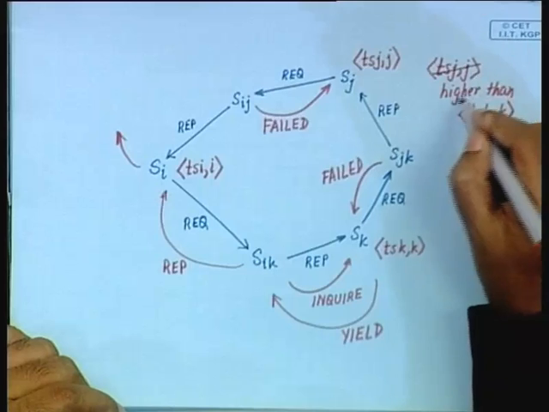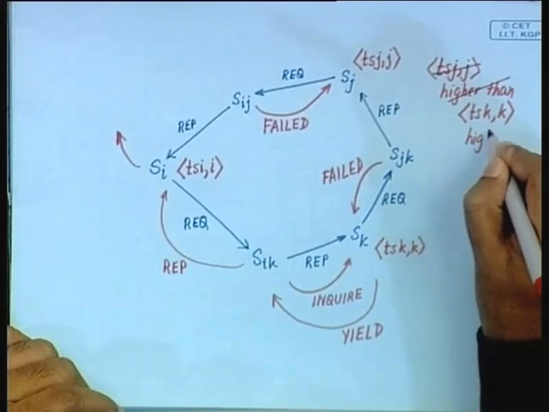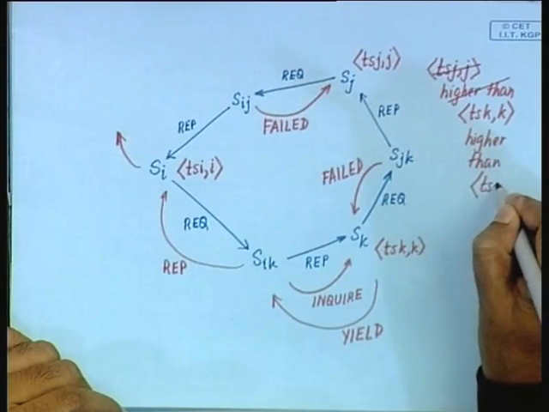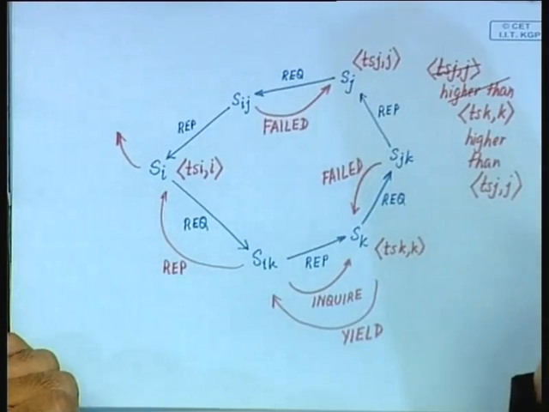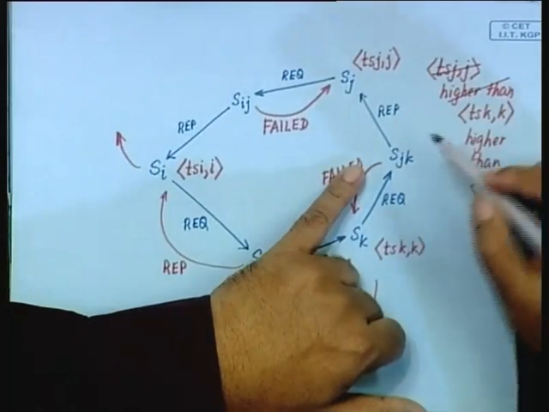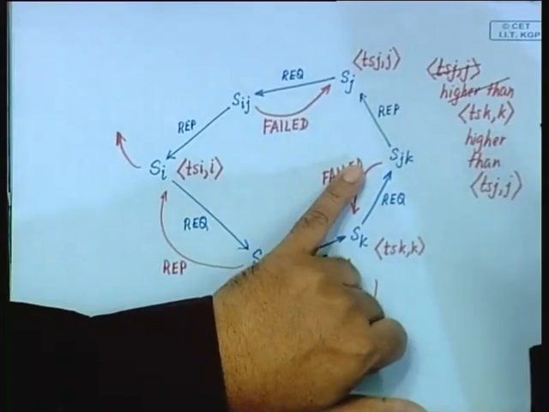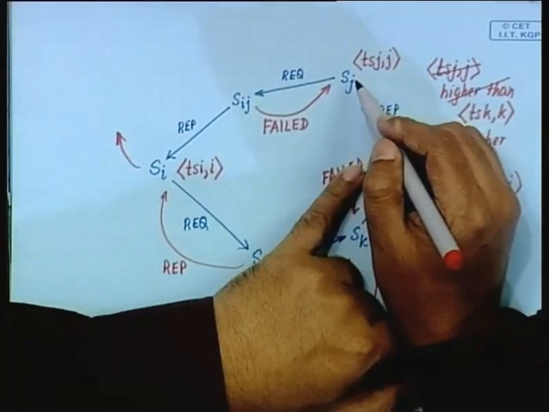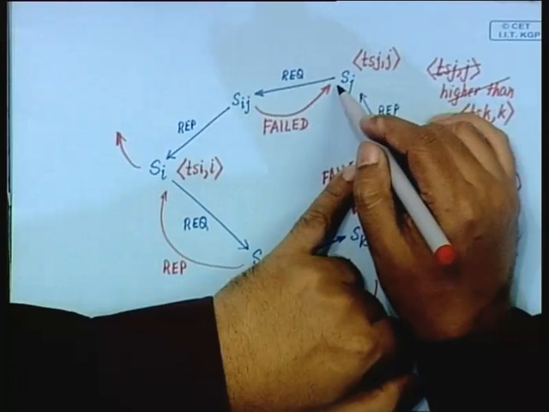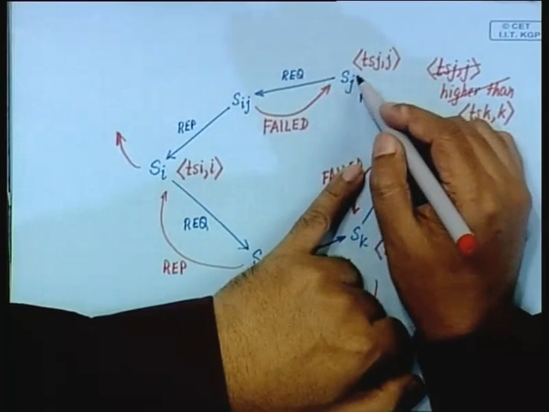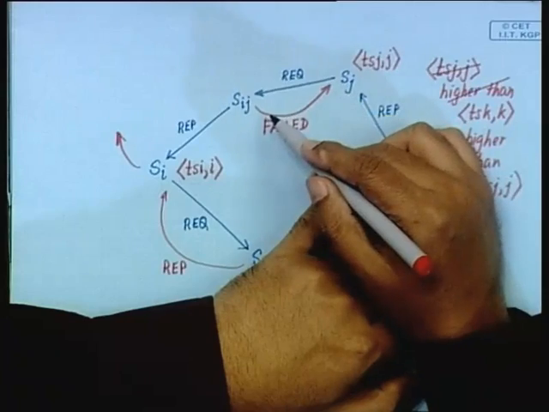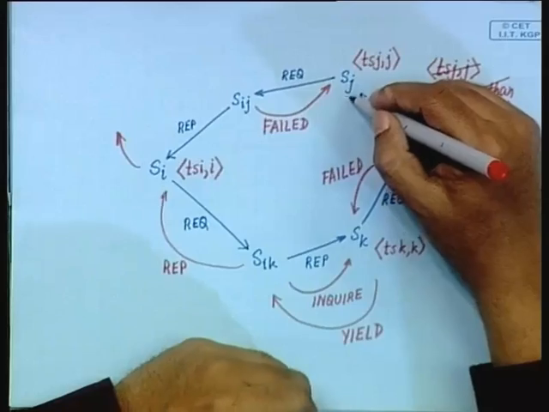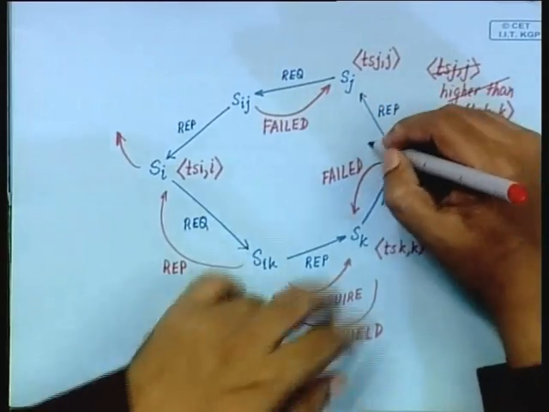If TSK was higher than TSJ, what will happen? When this is done, okay, then this having higher priority, there will be an enquire message which is sent to SJ. SJ has a failed already, so SJ will yield, okay. Now is that clear? SJ will yield here,